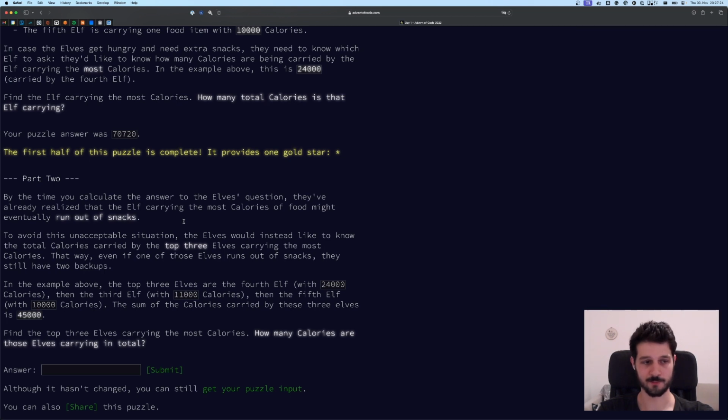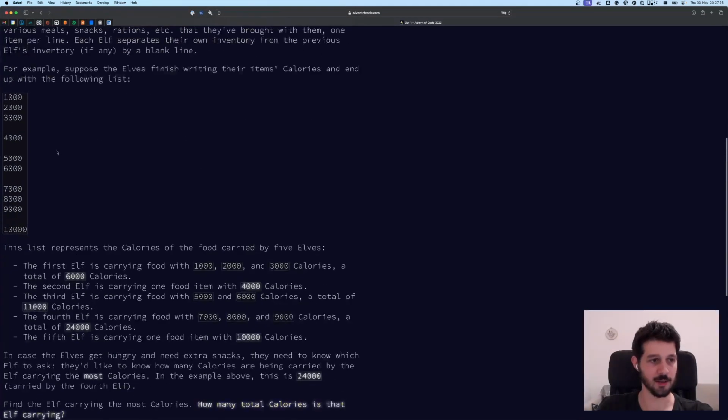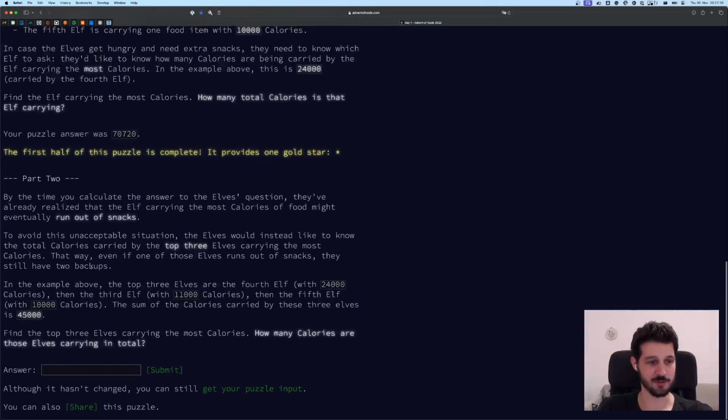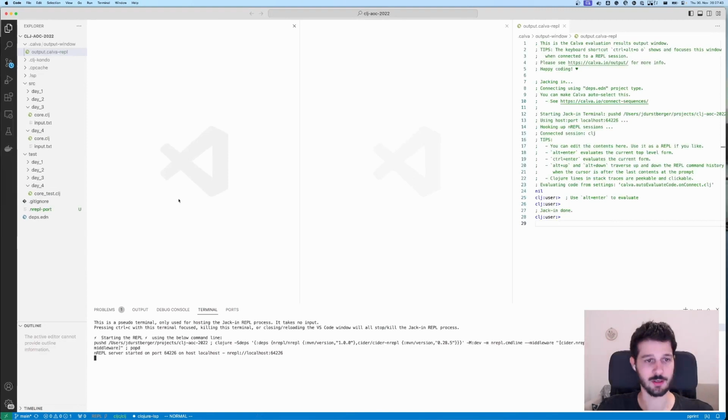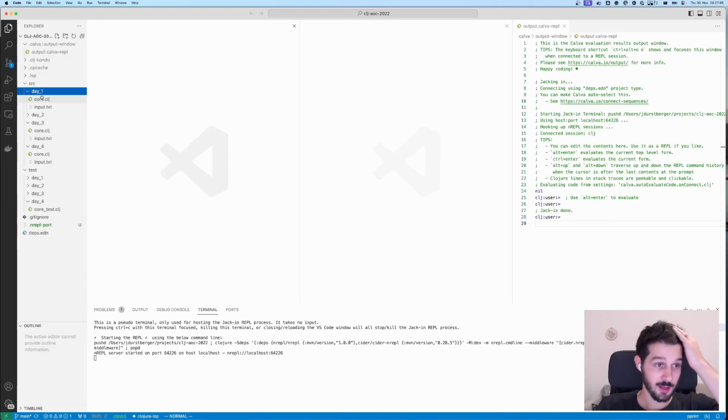Okay, to quickly recap, what we did here is an elf had multiple items in their backpacks. We added up the calories and then found the one with the most. So now we just have to sum up the top 3. Find the top 3 carrying the most calories. What is the answer in total? That shouldn't be too bad, should it? So day 1,